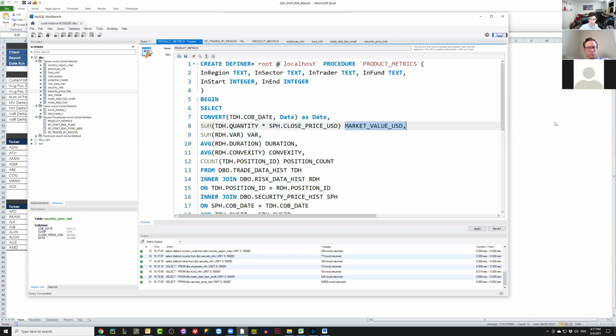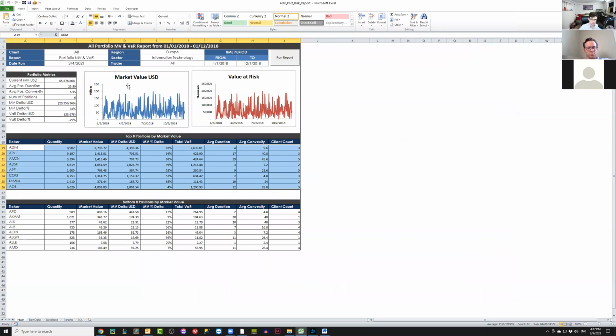And when you look over here back in Excel, all you see is, I got these ones in here. All you see is market value. It doesn't tell you that I did this complicated, well, not complicated, but I did some multiplication in the background. You don't see that. It just looks really clean on here. And that's your job. Your job is to understand this complicated data set in the back end.